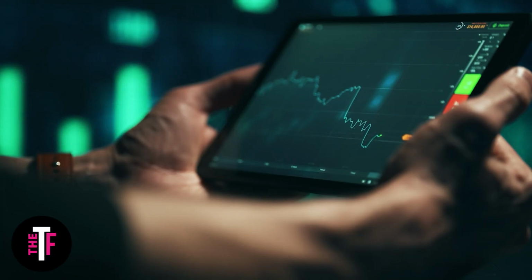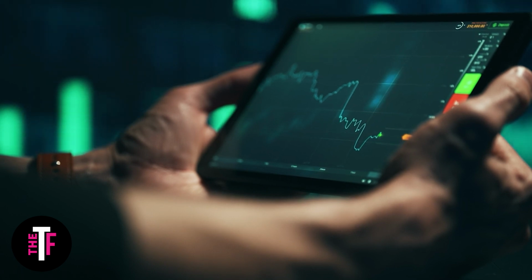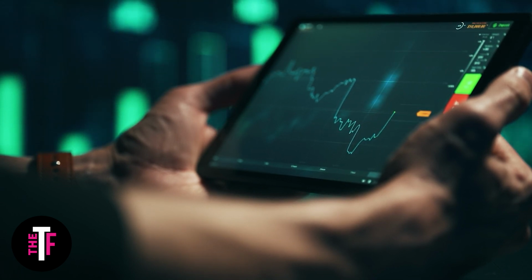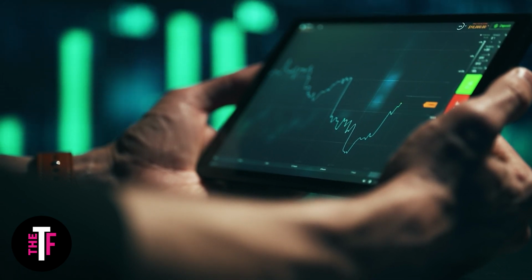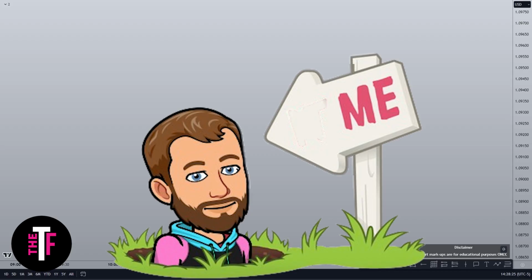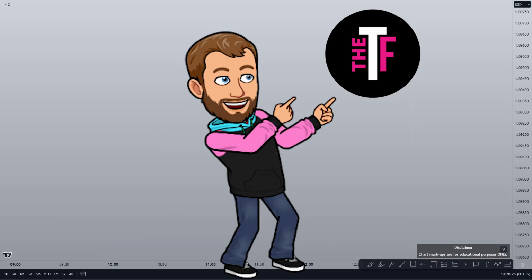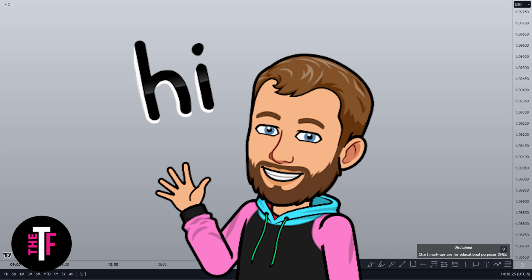You're new to this, I get it. It feels like there's a million different assets to trade. Don't you just wish someone would come along and tell you exactly what to pick so you can escape analysis paralysis? Hey everyone, I'm Jenks, this is The Trading Floor, and welcome to another episode in our Back to Basics